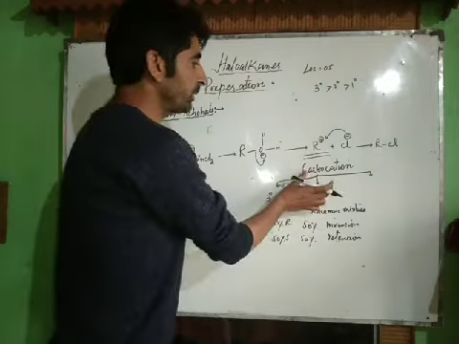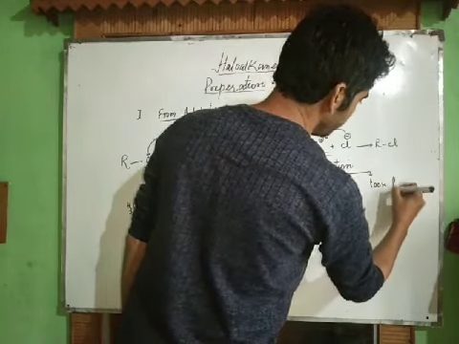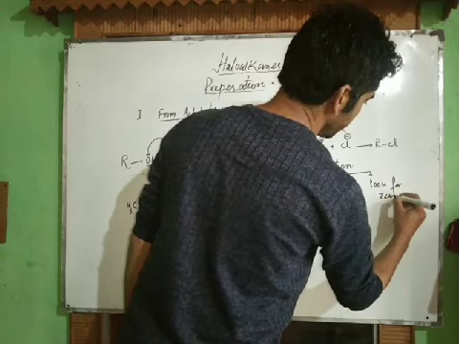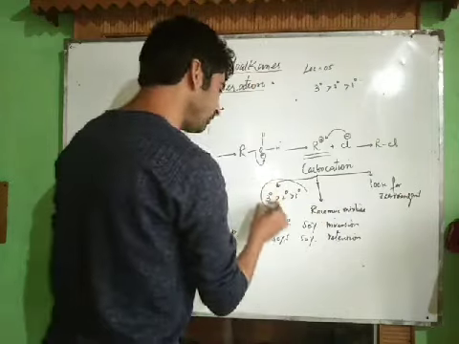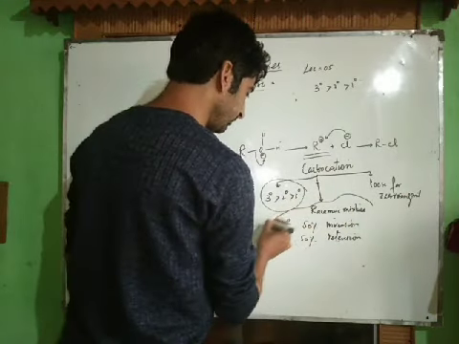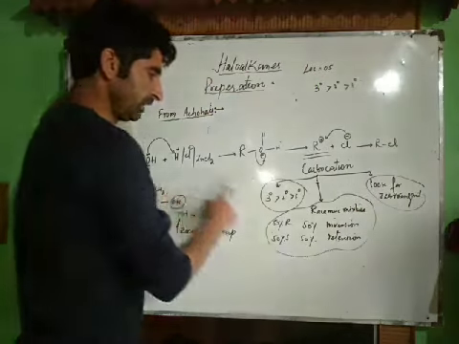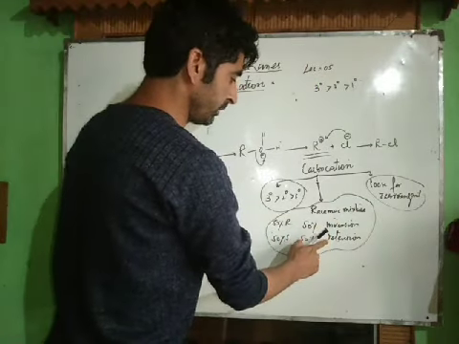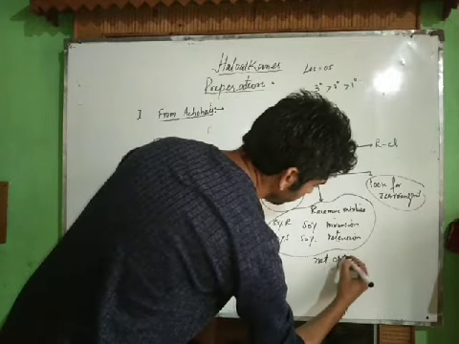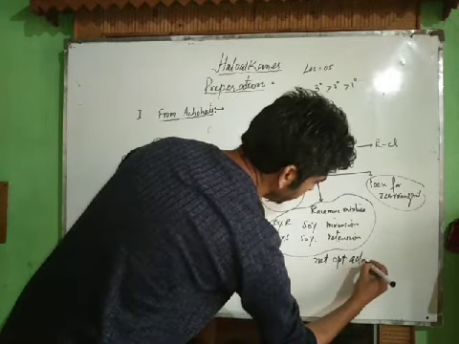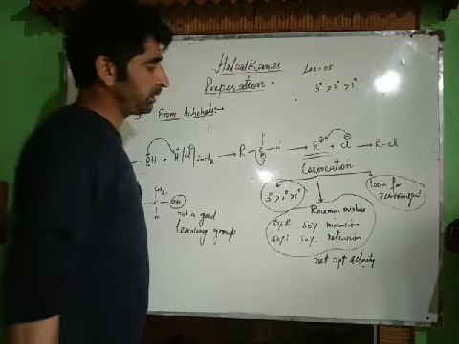Now whenever carbocation is formed as an intermediate, we have to look for rearrangement, whether there is possibility of rearrangement or not. This thing is very important for your competitive exams. If your alcohol contains a chiral center, then the product is a racemic mixture whose net optical activity is 0. Why? Because positive half will be cancelled by negative half.